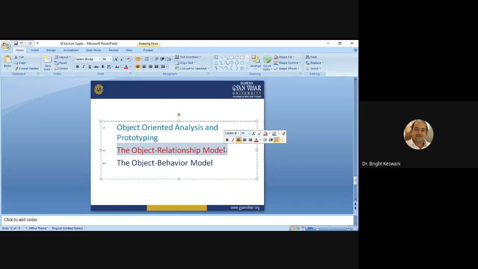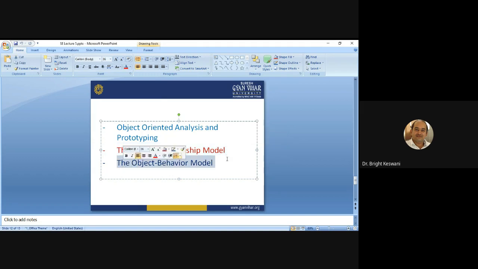So the behavior of the system is evaluated in terms of specified events and time. Okay. So after building the CRC model and the object relationship model, you should develop the object behavioral model. Okay. So this is the third type of model.